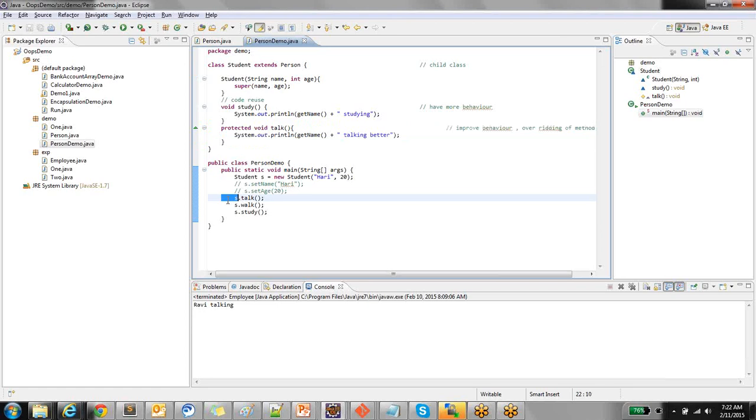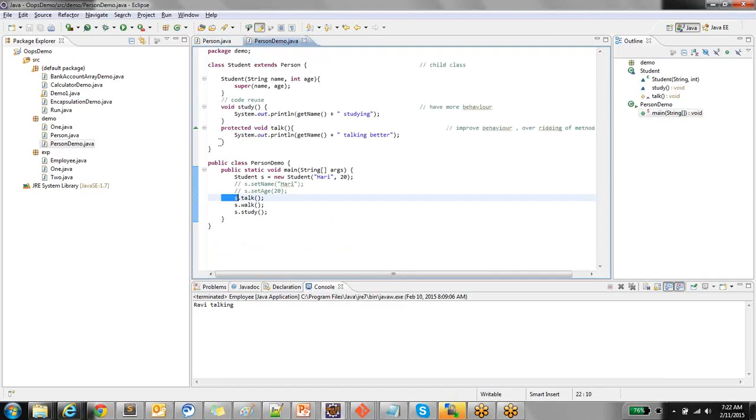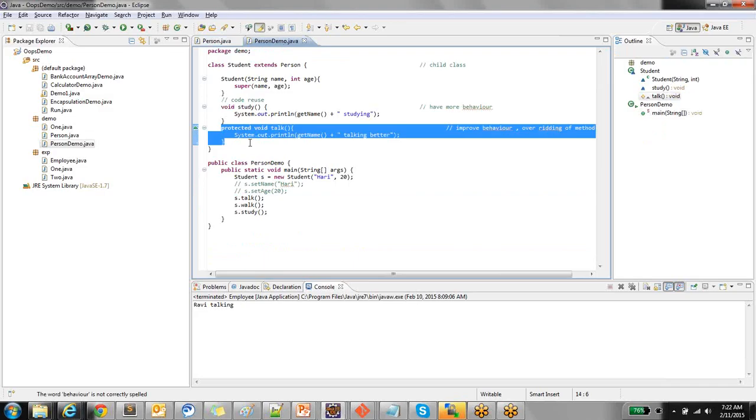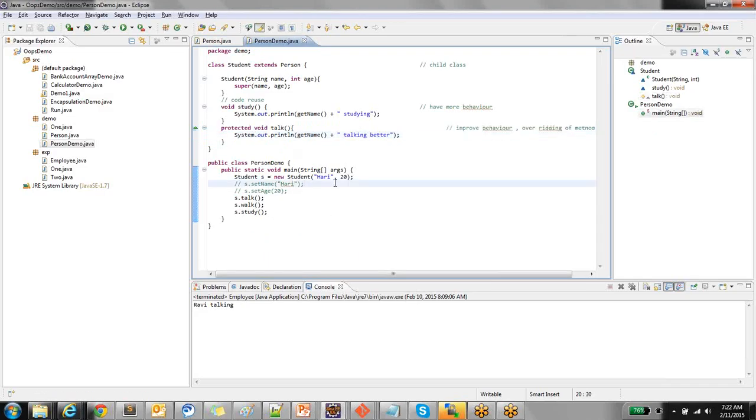We have already seen the contents of the person class. If you want, we can have a look at it again. It has methods called talk and walk, and talking and walking is described here. And in student, what we are doing is extending the person class and overriding the talk method. Now, I'll do one thing. I'll create the student object with a person reference,